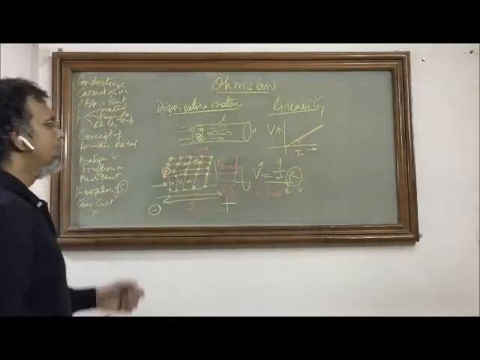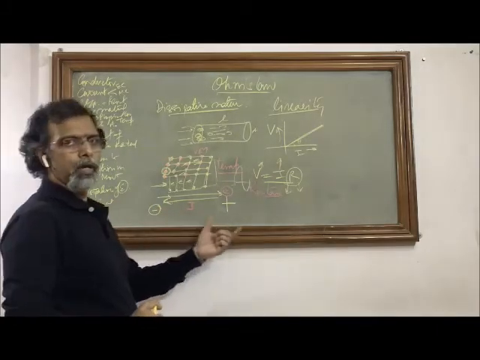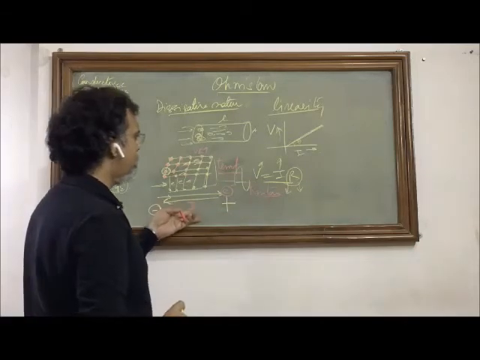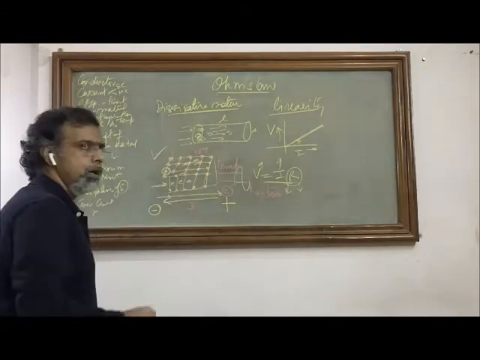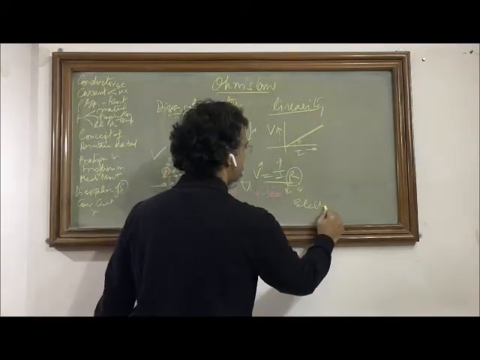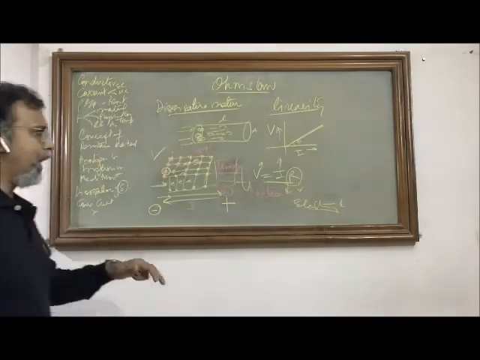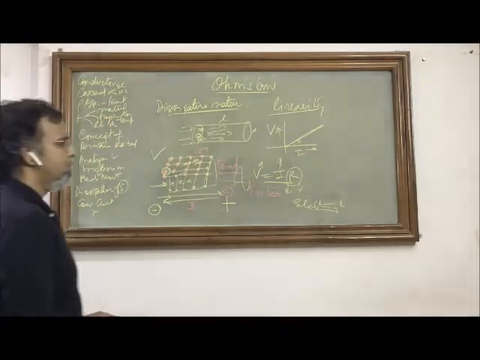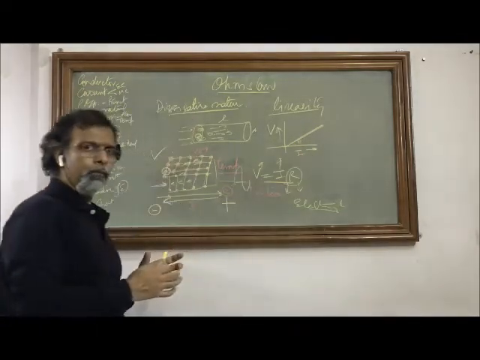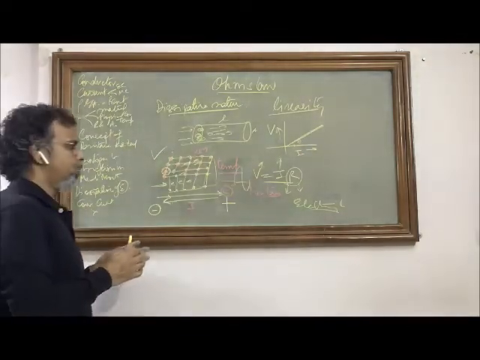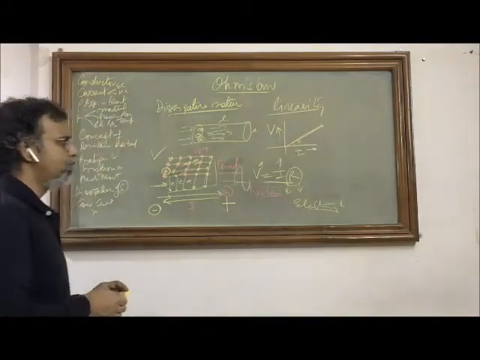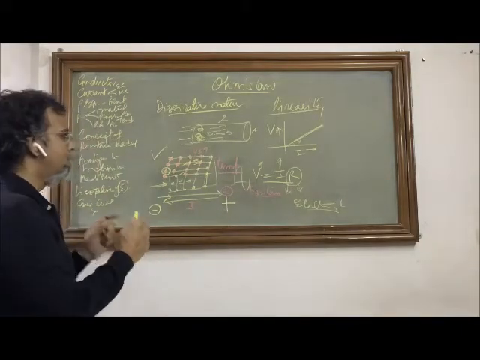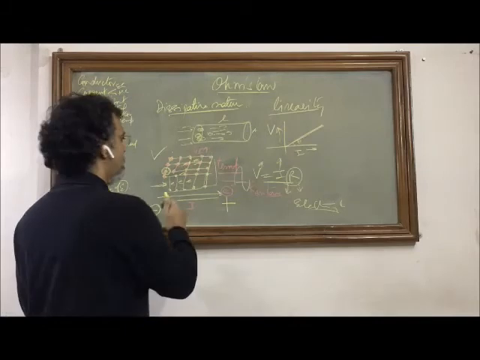So we say that as per Ohm's law, V and I, the voltage applied and the current, bear a linear relation, but that is actually true for metallic conduction only. If we have an electrolytic conduction, or if we have semiconductors, where we have electronic p-n junction diodes and other such devices, then this linearity is not there. In a qualitative description we would say that there exists some relation between V and I, and that is directly proportional, but it is not linear in the case of electrolytic conduction, and it is very much linear in the case of metallic conduction.